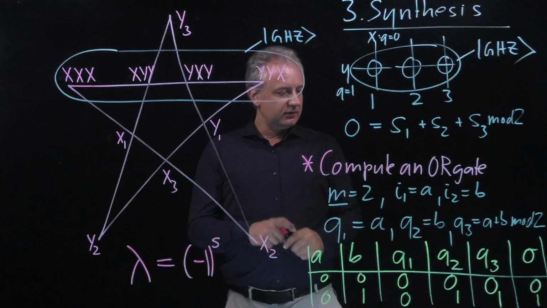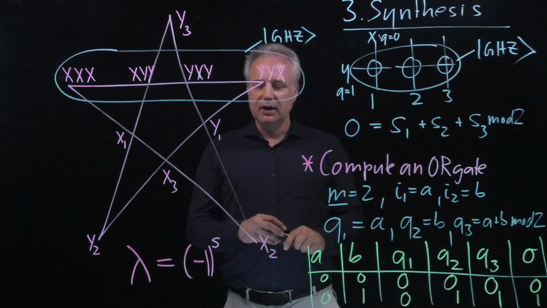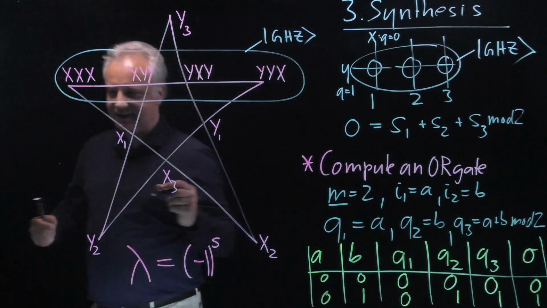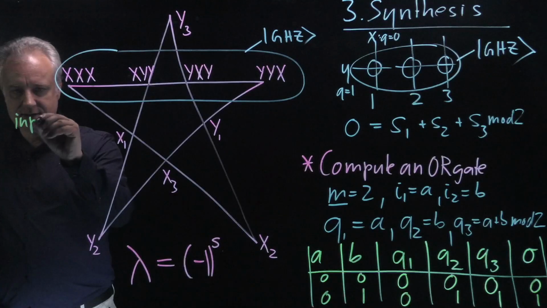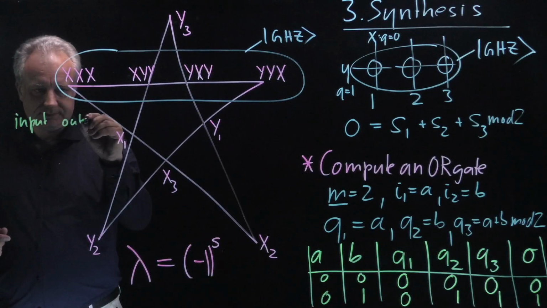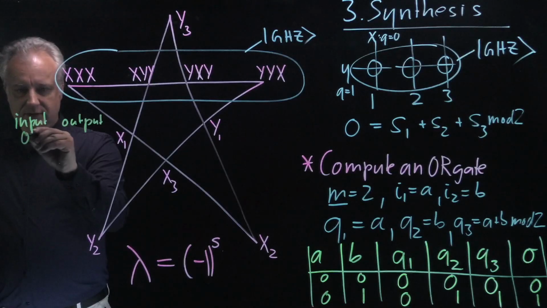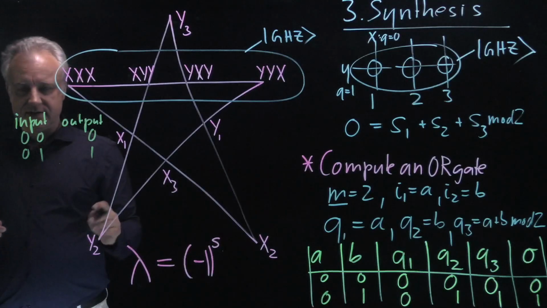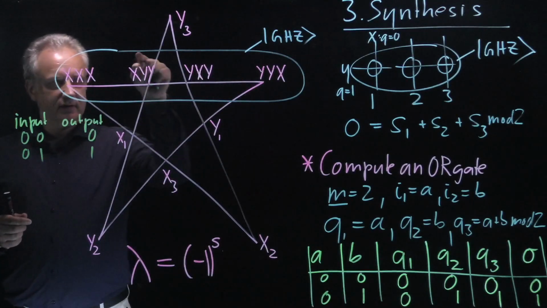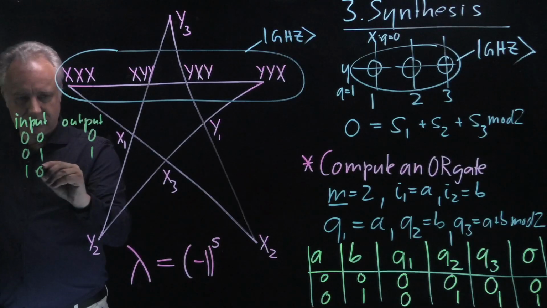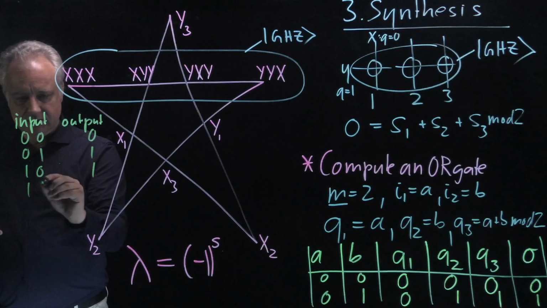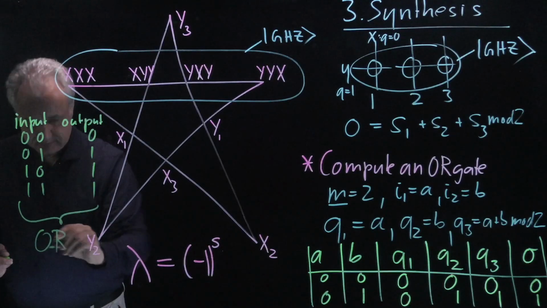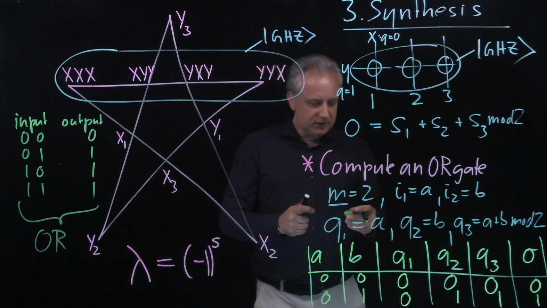And so this means, if you check this logical table, that an OR gate is computed. So let me write it down, because it didn't quite fit here. We have the input, output. 0, 0 gives you output 0, 0, 1 gives you output 1, so that's the two cases we did. Then the other two cases are like the last one we did. So 1, 0 gives you output 1, and 1, 1 also gives you output 1. And this is the OR. So we verified that indeed we do an OR gate.